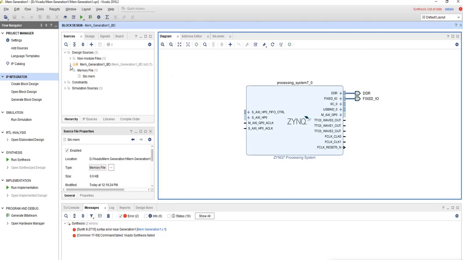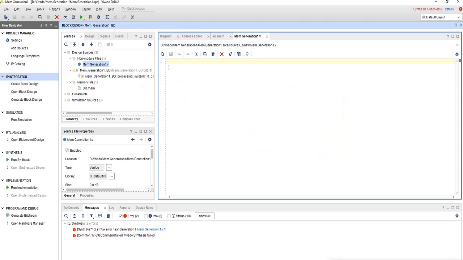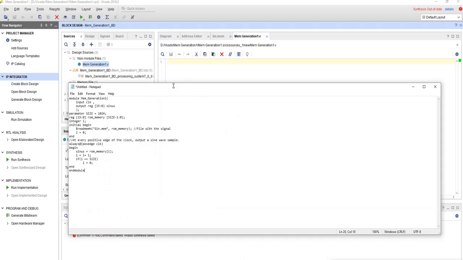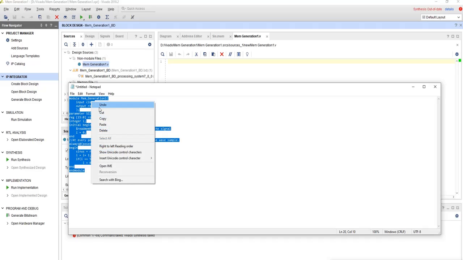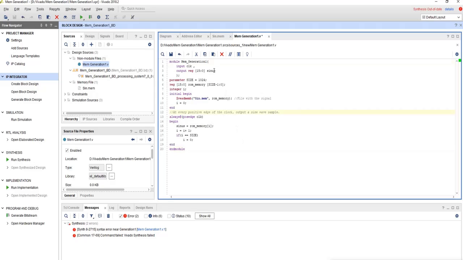Here, in the mem generation Verilog file, right now we don't have any code, so we'll add the code. Here I have already written the code, and to save time we'll just copy paste it. Our module name is mem underscore mem generation.